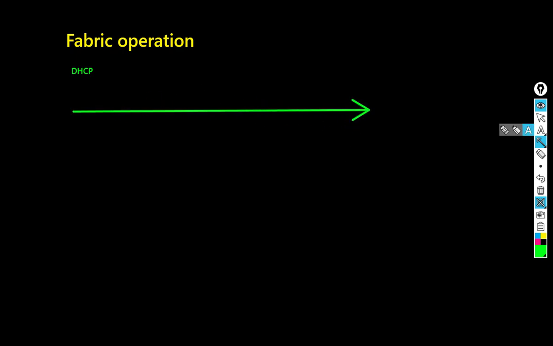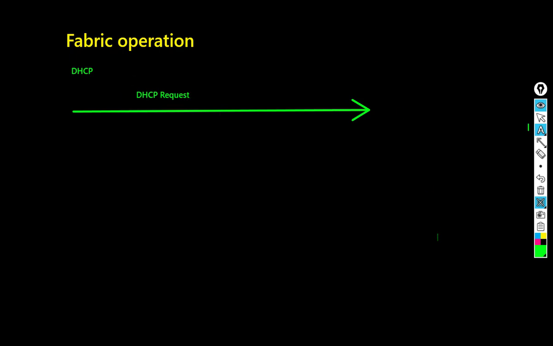Welcome again. In this video, we're going to take a look at DHCP operation within the Cisco SDA. After an endpoint is connected to the VLAN within the fabric, you have the option of configuring a static IP address. Otherwise, it is going to broadcast a DHCP packet in order to receive an IP address from the